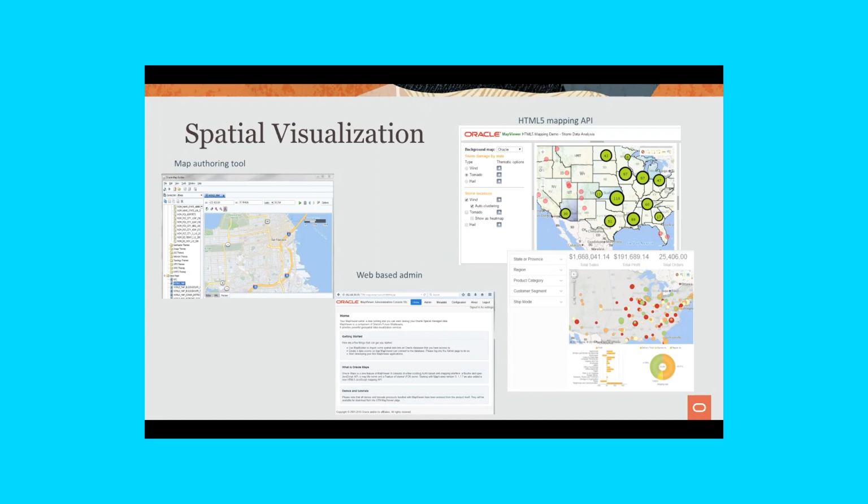All of that can be done using this web map authoring tool. We also provide a web-based administration tool that will let you administer and manage the map visualization piece that is running in WebLogic server. And then on top of that is the HTML5 API that lets you define the actual web map application and also define the interactions that go with the application.